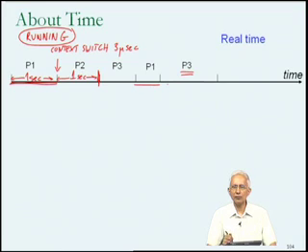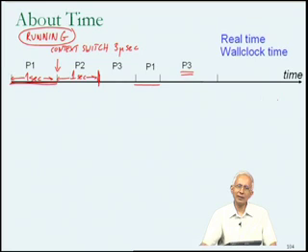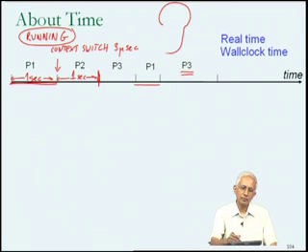So in that sense, one could refer to this time, the time that we've been drawing in this timeline, as the real time. What do I mean by real time? What I mean by real time is what you may also call wall clock time. The term wall clock time is used just to disambiguate from any other possible kind of real time that you might have in mind. The picture that you should have in mind when you think of the wall clock is that on the wall behind you there is a clock,